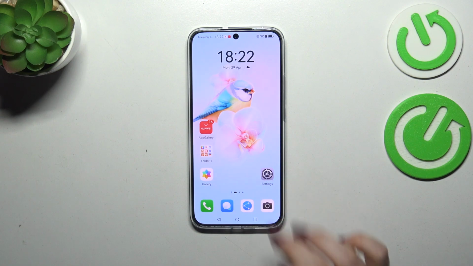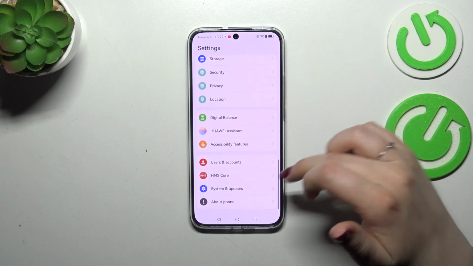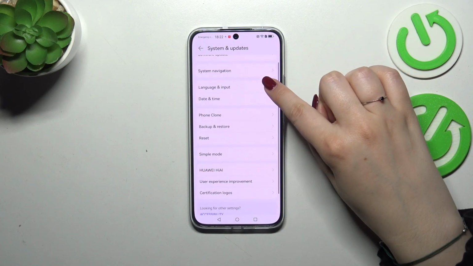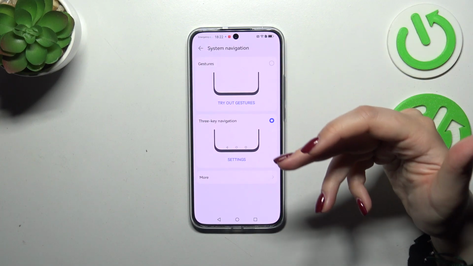So let's start with opening the settings. Let's tap on them, and here we have to scroll down to find System and Updates. Then let's tap on the system navigation, so the second option, and obviously here we've got 3 key navigation which